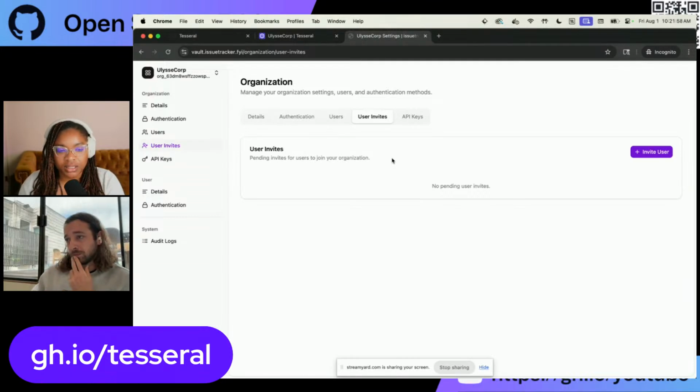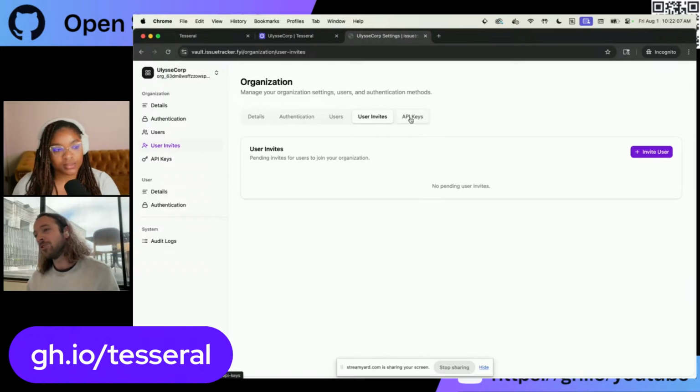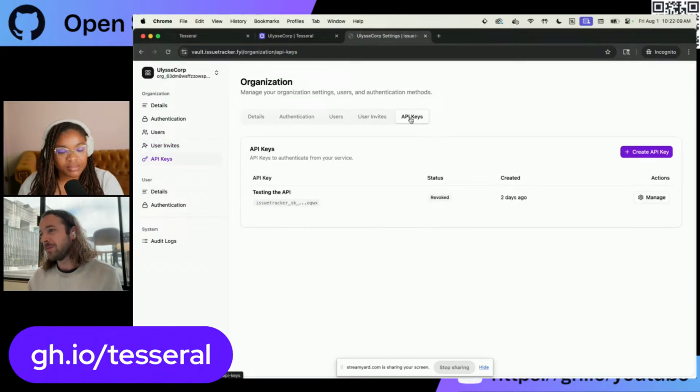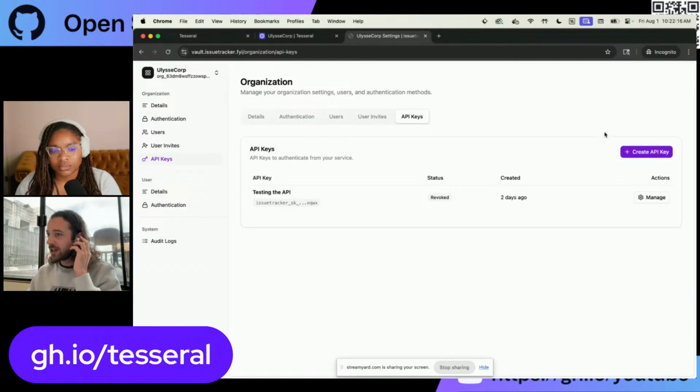Go ahead. Keep going. I was going to say, I can just rattle off more stuff that you're getting, when you need it. You can, for instance, create API keys. So for instance, at GitHub, you can create issues by just clicking around, and well, you guys now have the MCP stuff too, but you can also just directly curl against a REST API. And so you can do that